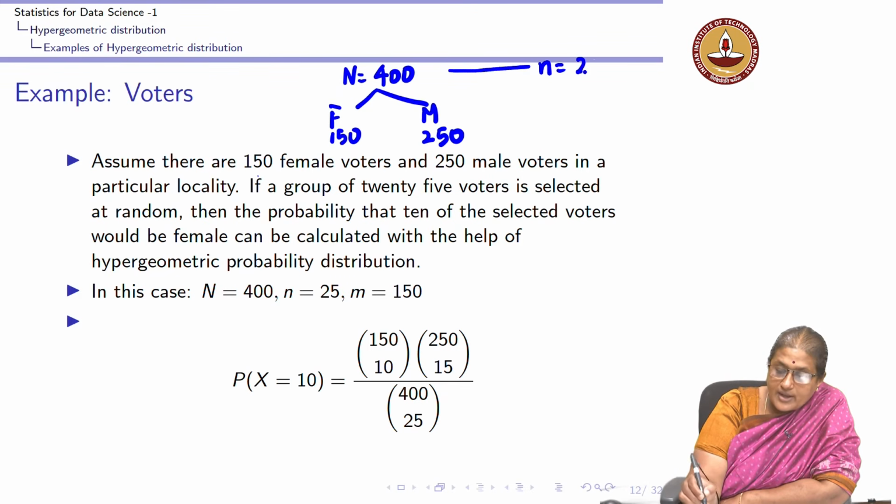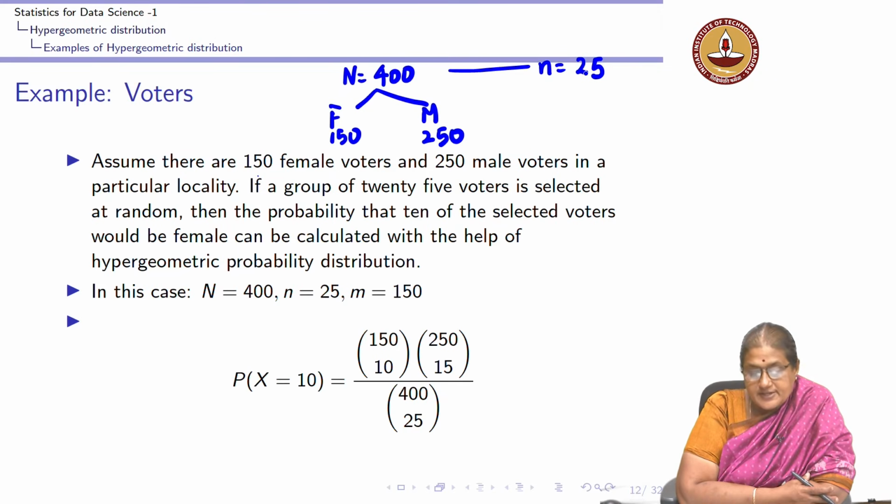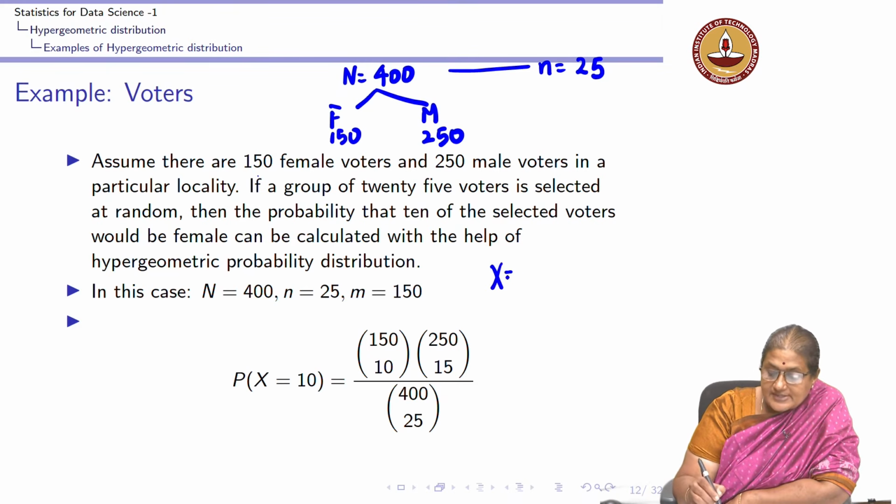So, my small n is 25 in this case. What am I interested in knowing? Here x is the number of female voters